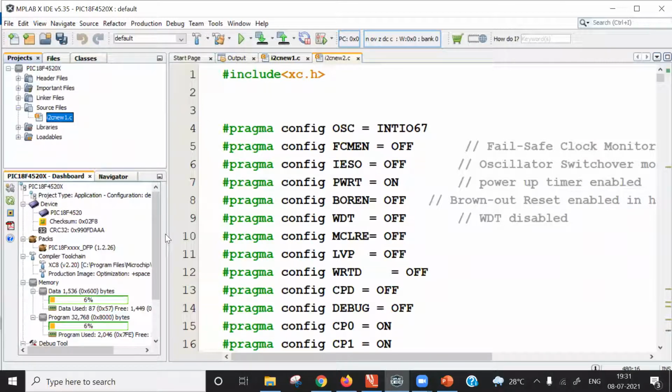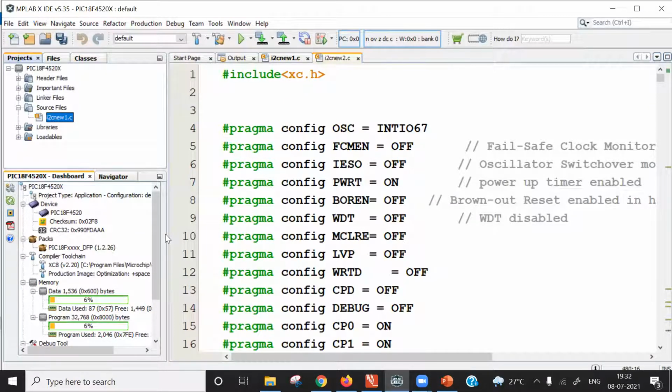In MPLAB, the question is still incomplete. I do not understand it. How can I add a hex file in any other place directly in MPLAB? See, when you build your project, the outcome of your project is a hex file. It is an executable file. This executable file you cannot use in MPLAB X IDE or MPLAB. This hex file is an executable file. It must be burned onto the PIC microcontroller with the help of a programmer. That is the purpose of this file.